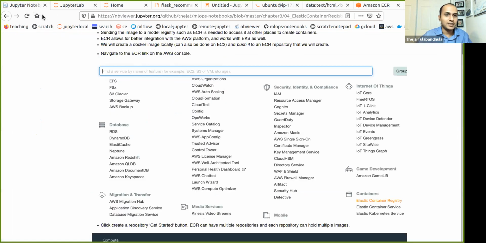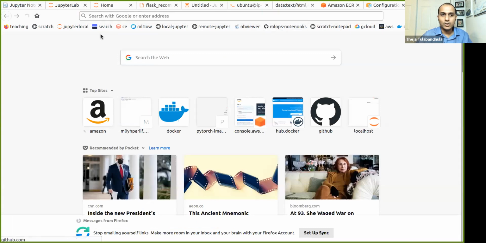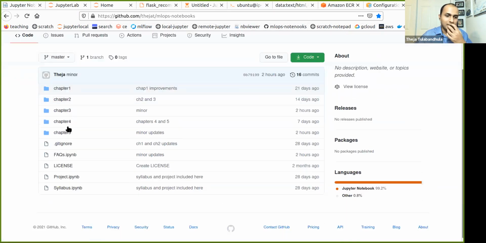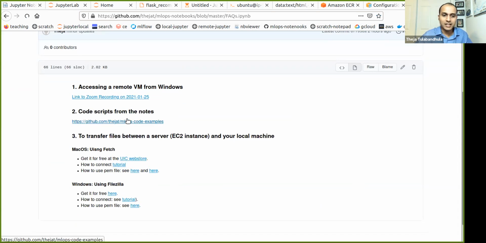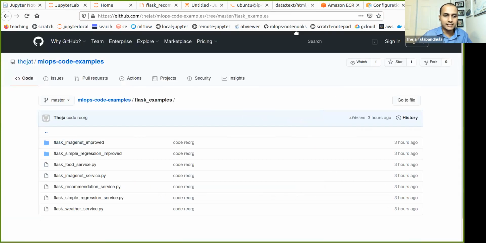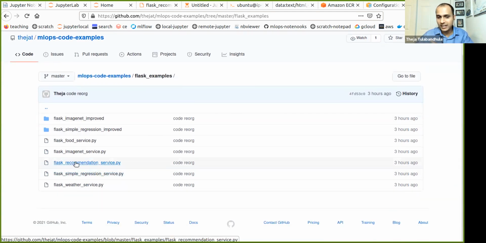If we go back to our notebooks, we could have created an image from any of these models in the Flask examples. In the Flask examples, you'll see that we have three prediction models, right? A recommendation service, and that's what I was trying to get to. We have a simple regression service, which could have just illustrated how you get that wrapped up in an image. We can do that later, but I don't want to spend time on that right now because I want to get to pipelines a little bit today.